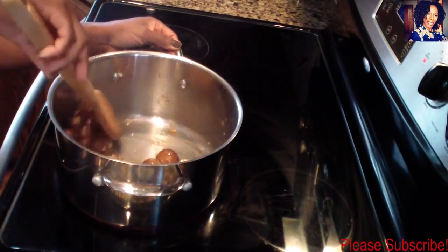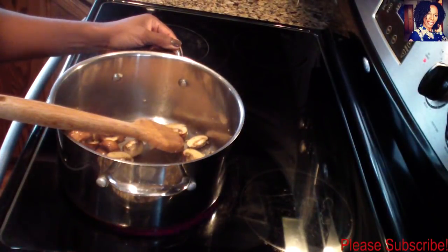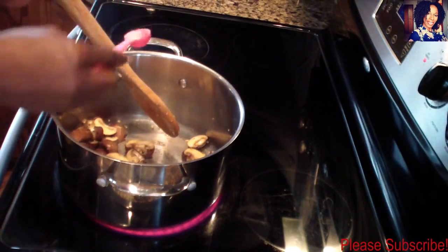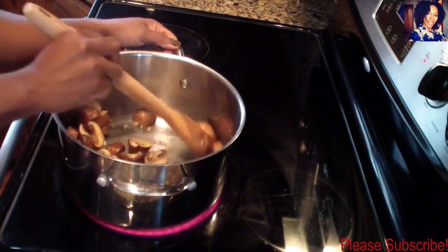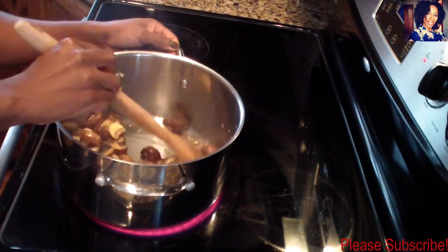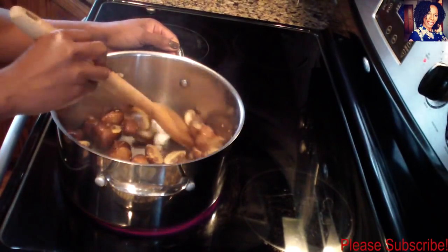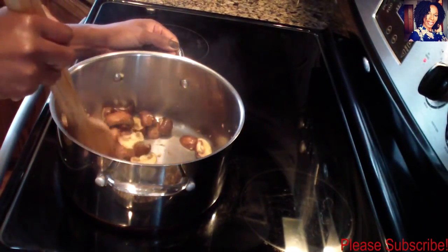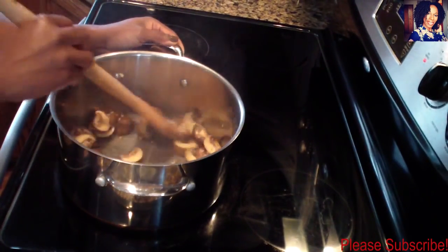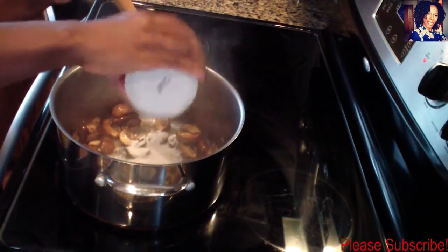You want to allow the mushrooms to release their water. And to this, I'm going to add a little bit of salt, 1 teaspoon or 1/2 teaspoon of salt. Actually, I'm going to turn down my stove to like a medium and cook this for about a good 5 minutes. Now to this, you want to go ahead and add your flour,